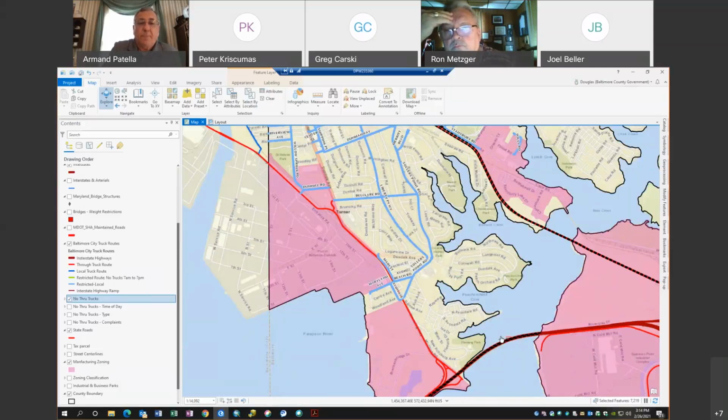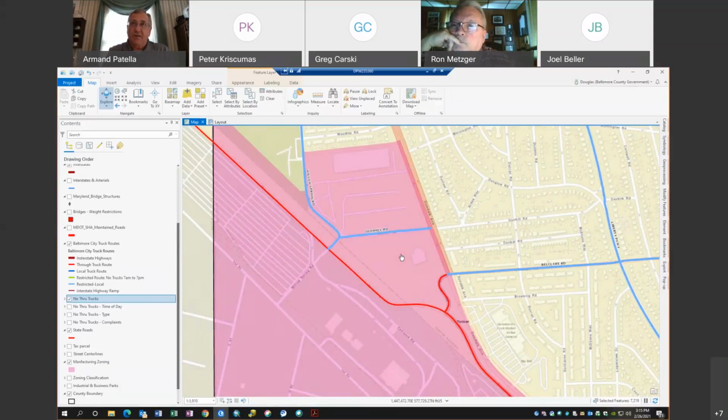So if you make it more convenient for truckers to get to Dundalk Avenue that way, and as far as I know, the only near residential site is the American Legion Hall up there on the corner of Dundalk Avenue and Dunhill. Other than that, there's no residence there. It might act as an attractive way for those truckers that do need to get out of there for whatever reason, because of their delivery destination, rather than scatter through the neighborhood further north.